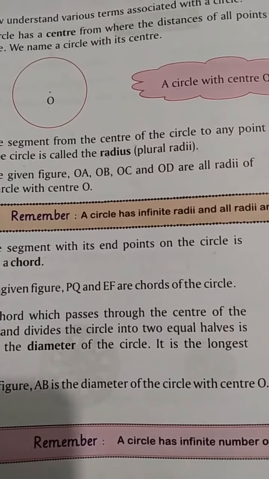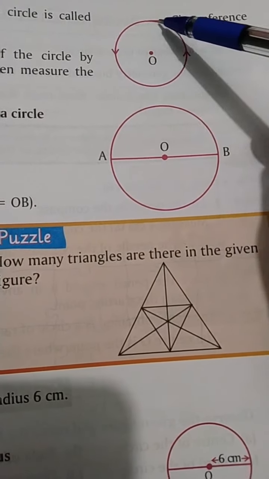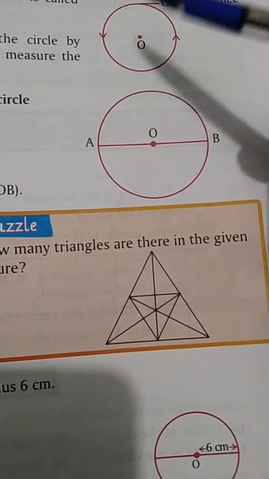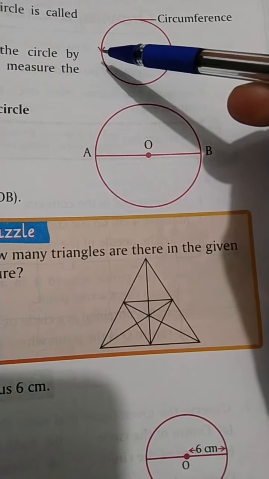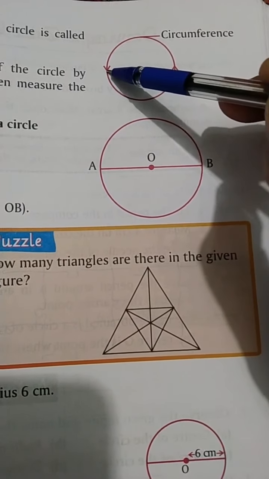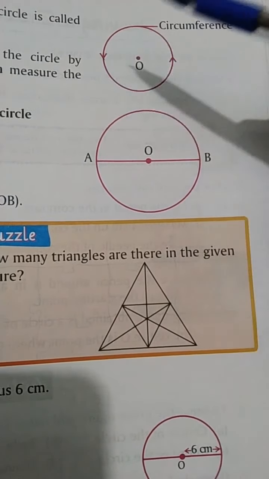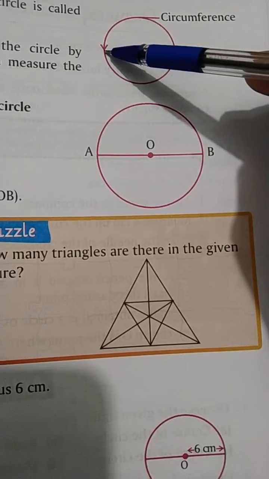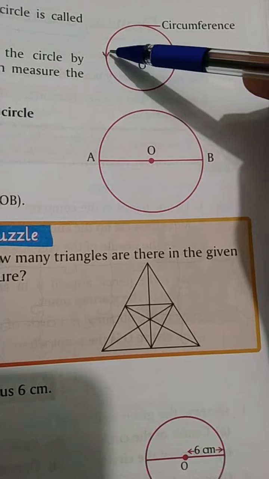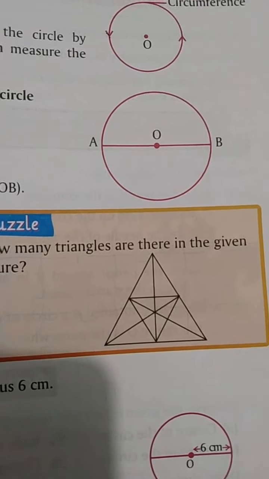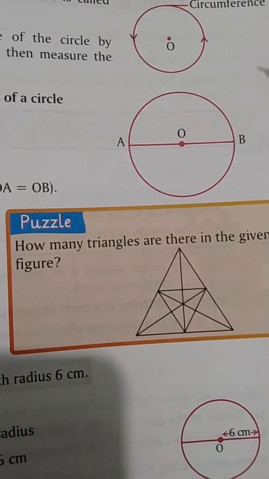Right? Then there is circumference. What is circumference? The outer boundary of the circle is called the circumference. Suppose you are starting to measure the circle. We can measure the circle with a thread, but we cannot measure it with a scale. Only a thread or a ribbon can be used. So if you put your ribbon or thread here and start measuring throughout the circle, you will get its circumference. We will not get the length, we get its circumference. The boundary of the circle is called the circumference.